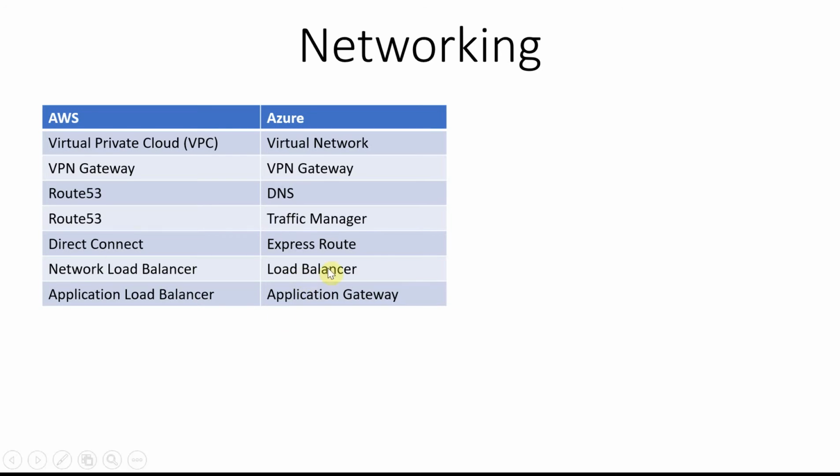But this one is more familiar for us. This is HTTP or HTTPS based protocol transfers, and you want to manage the load based on HTTP or HTTPS. So you use the application load balancer, or in the Azure world, it is Application Gateway. That's the difference between these two. Load Balancer is meant for UDP and TCP, and Application Gateway is for HTTP and HTTPS.